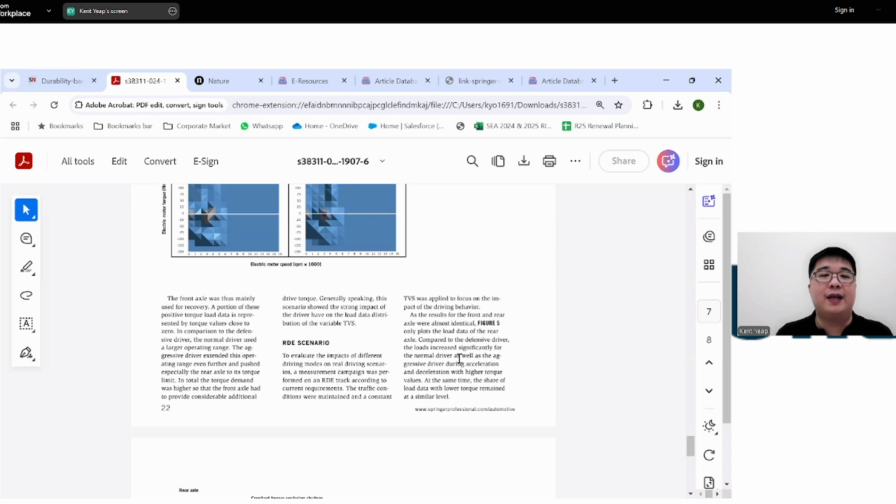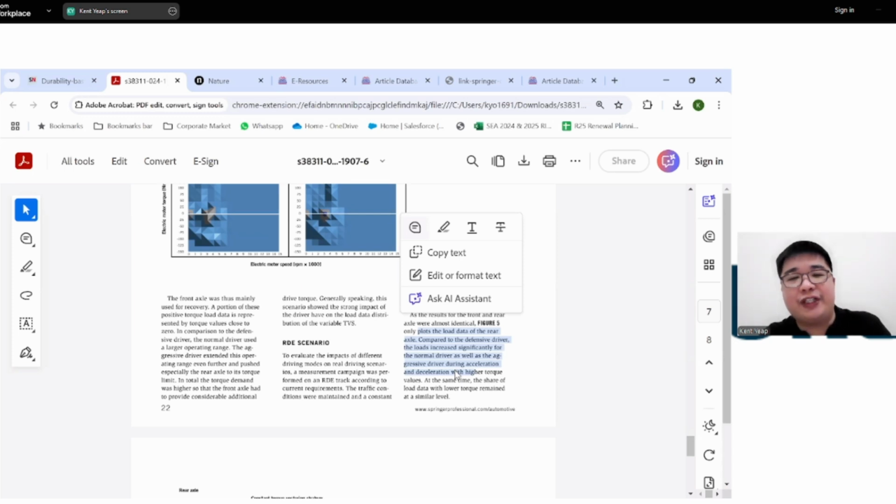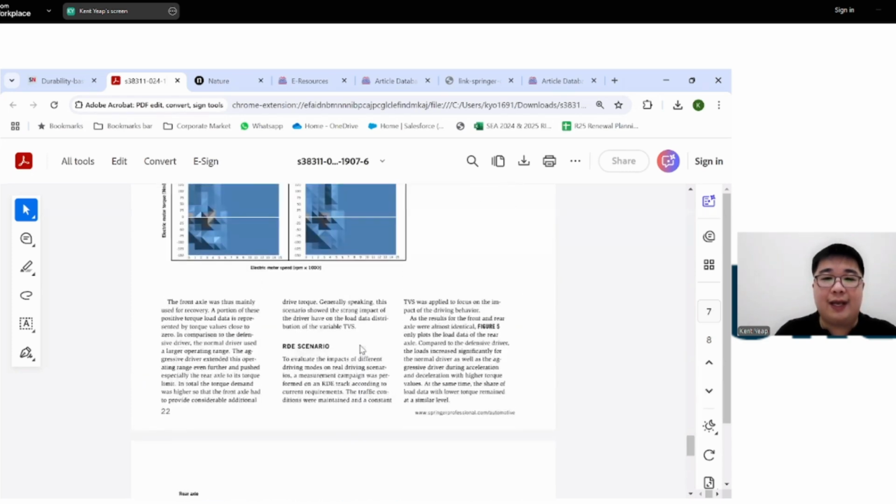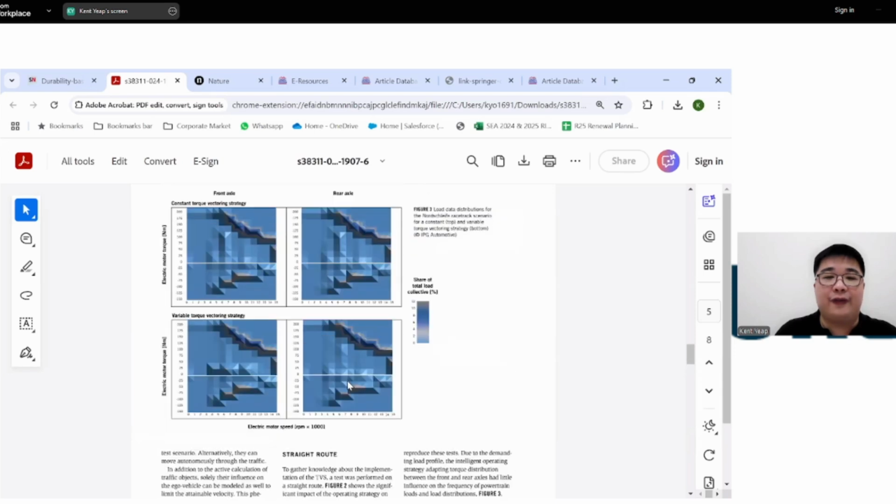You can always, for example, if you need to cite a particular paragraph, you can do so. You can select the paragraph, copy it, put it in your slides, in case you're doing a presentation, and then you do the citation. You're well covered as well, so not to worry about that. And again, if you're sharing this with, let's say, your group of friends, and you wanted them to also have a look at this article, you could do so by just sharing them this file once you have downloaded it.